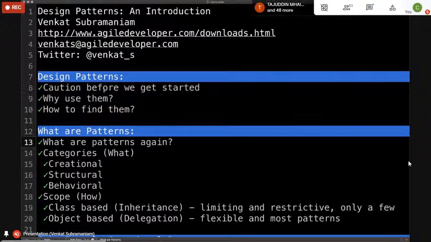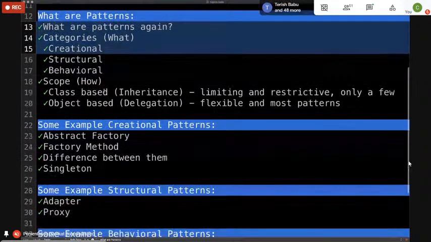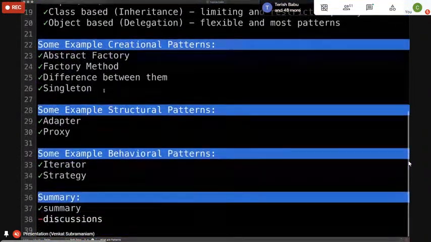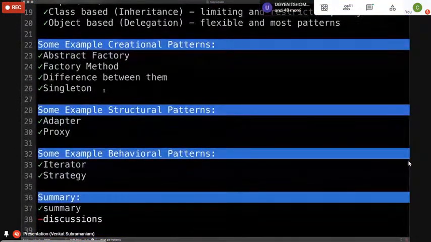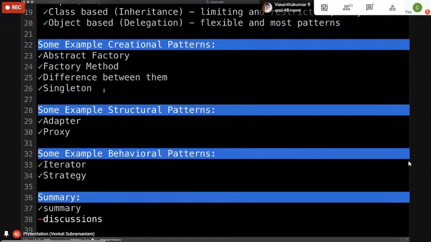And patterns really are helpful because we can reuse ideas that have been used over and over and over again, so we can gain from collective wisdom and collective experience. The patterns are useful to solve a particular type of problems, generally abstracting, creating objects, or how we structure objects, or how we communicate to implement our algorithms, and so on.